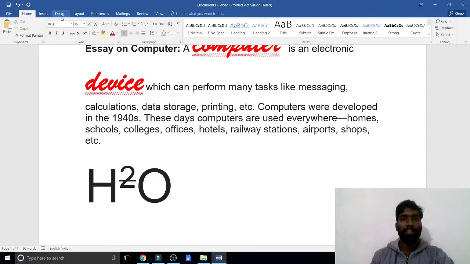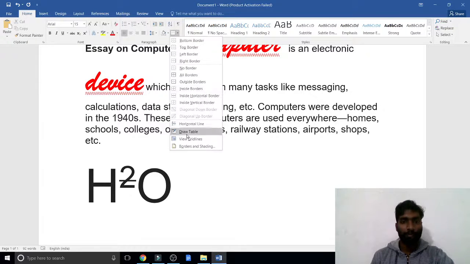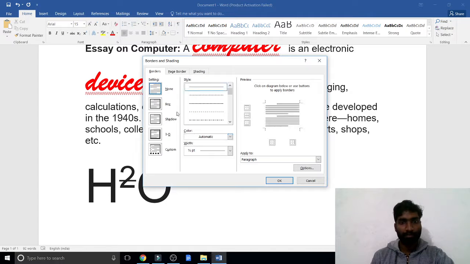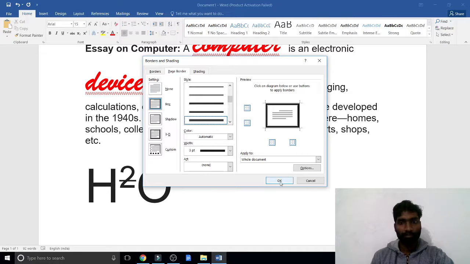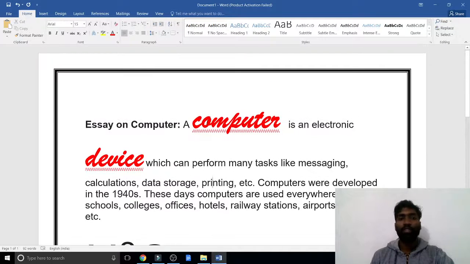And my dear students, page layout. Before that, what is a margin? Margin means the edge of the paper and a particular distance from it.